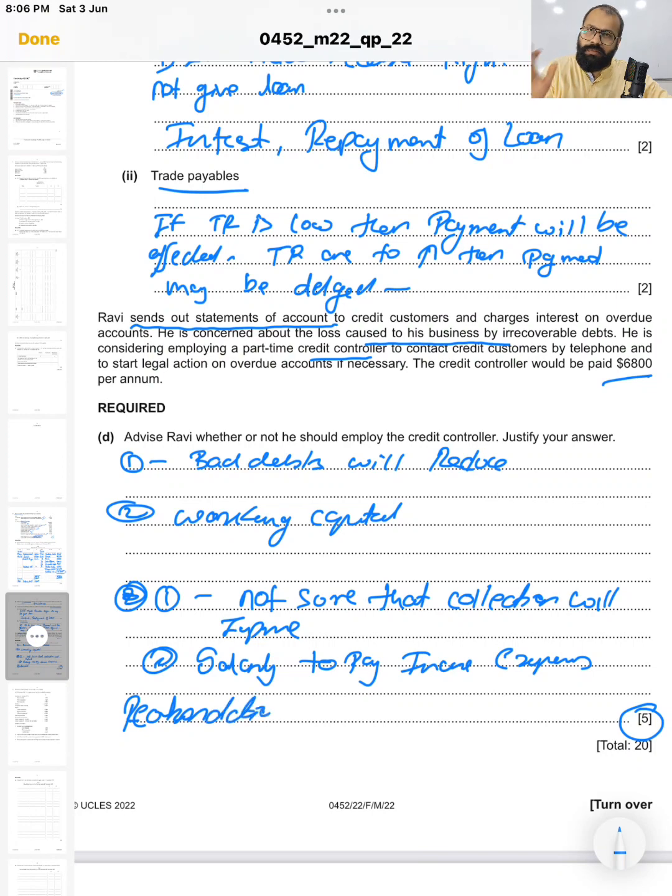Totally the recommendation depends upon you. If you like, then you may mention yes, I agree, he should, and if you do not like, just justify that point. Okay, so I think he should appoint, so I will write yes. If you think he should not appoint, you should mention no and a point to justify that, not from the points which you have given above, but something new. Okay, so this ends your question number